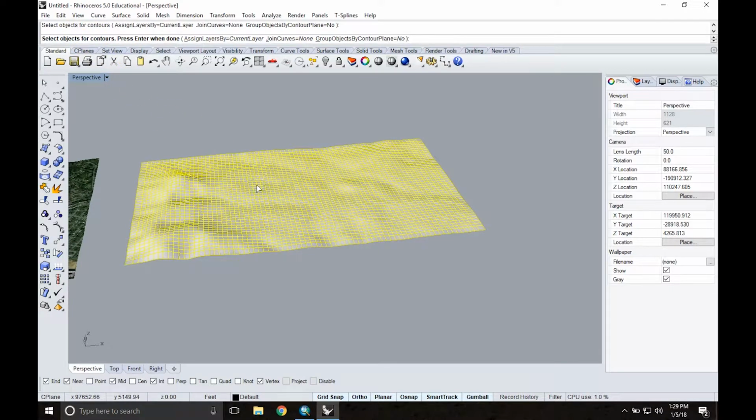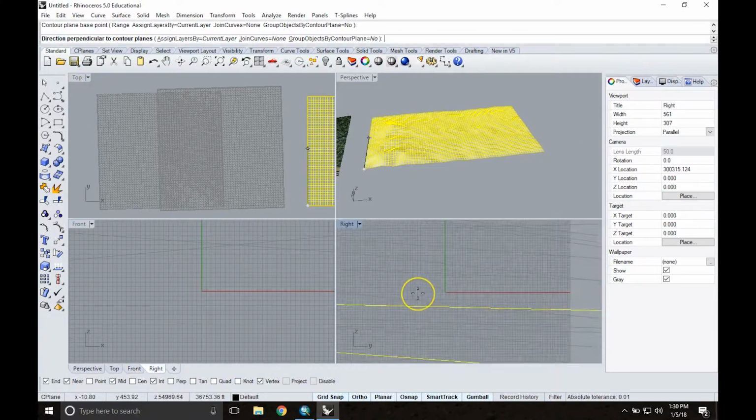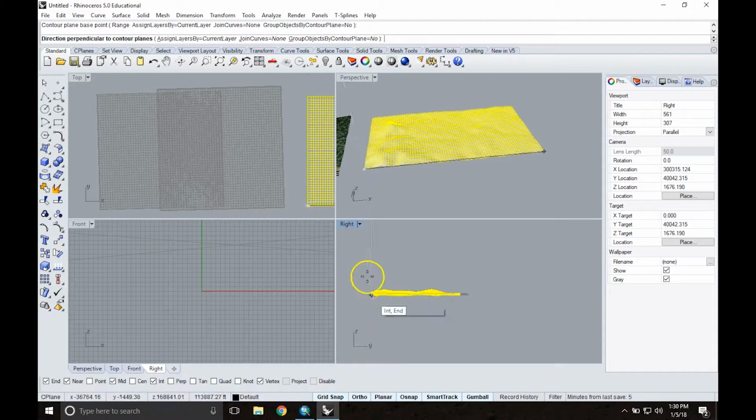So we'll click on the surface we want, and it's going to ask us for the contour base plane point, which is basically the lowest point on your surface, or the lowest corner of your surface. So I'm just going to go over here and click on this, and then it's going to ask us for the direction perpendicular to the surface, or basically the Z direction. So you're just going to go here and click up in the Z direction,